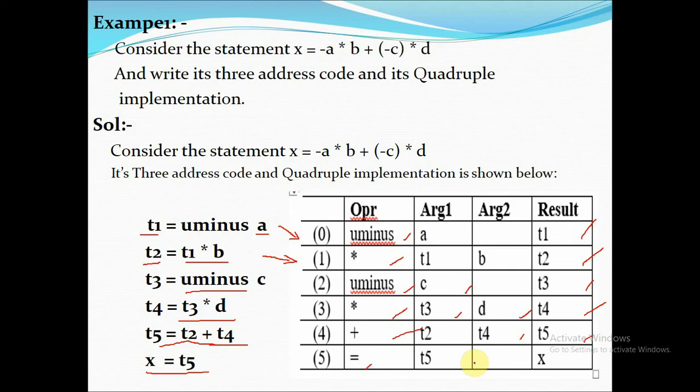Argument 2 is empty, and x is always referred to as the result variable. As a result of this operation, the T5 value is going to be copied into x. So x should be kept in the result column, and T5 will be placed in argument 1. So this is the quadruple implementation of the given expression or given 3 address code.